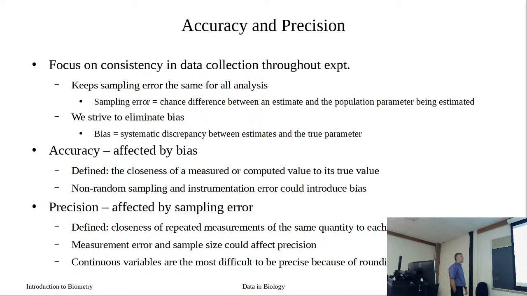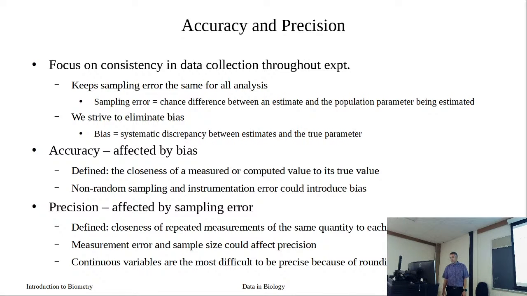Sampling error affects our precision. So our precision is the closeness of repeated measures. It's how well, when we make our estimate, do we get the same estimate over and over and over again. Measurement error and sample size could affect our precision. And these two things are kind of linked. Because if we have a small sample size, and we have a lot of measurement error, our precision is going to be fairly